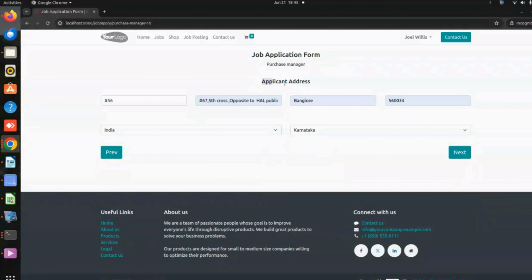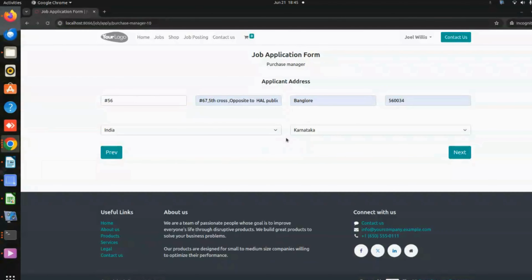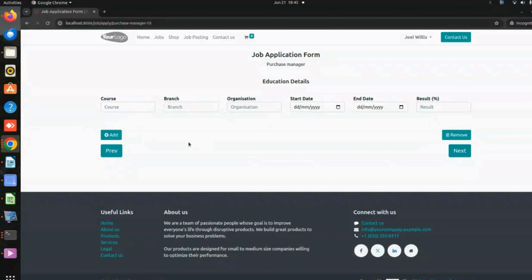So this is an applicant address where all his information will be filled up here, and if you want to go to the previous screen, you can go. If you want to click on next, you can click. And once this applicant address has been completed, I will click on next, and here these are the education details. What education they have done and which course they have done will be present here. So here I will be giving the course name as BCom, and here I'm giving the department, that is computer,